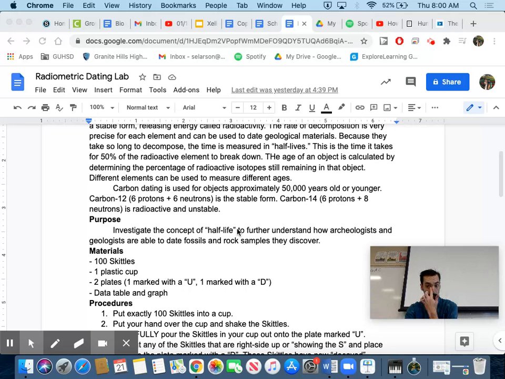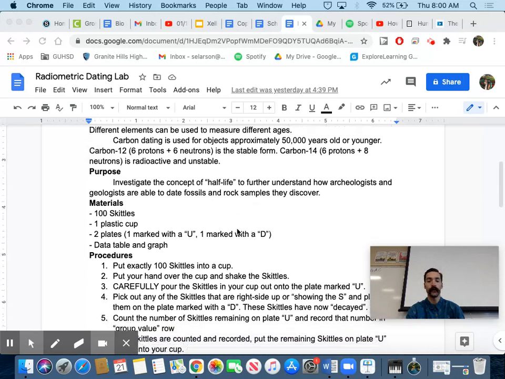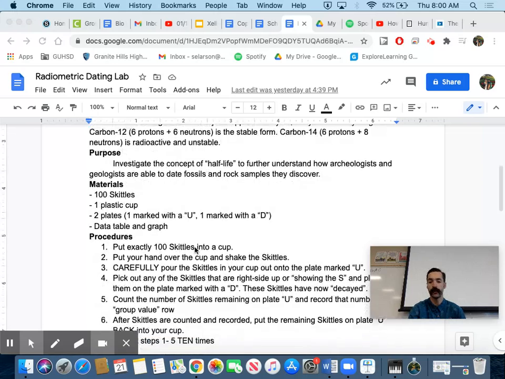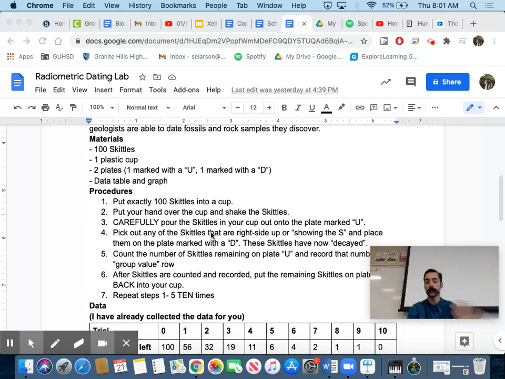So in doing so, we're going to do a lab. I've already actually done this lab for you. I've already provided the data for you. But what this lab is, you put 100 Skittles into a cup, you shake the cup with all the Skittles, and then you pour it onto a plate. When you pour it onto the plate, you're going to pick out any Skittles that are right side up, or showing that S that you see on Skittles,